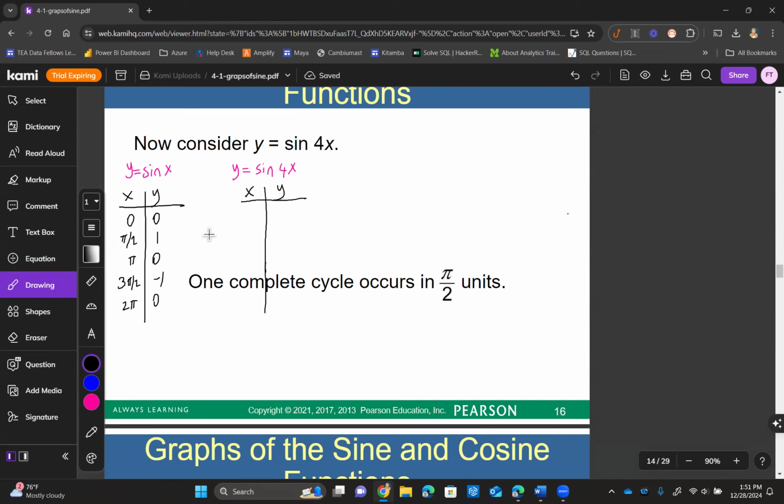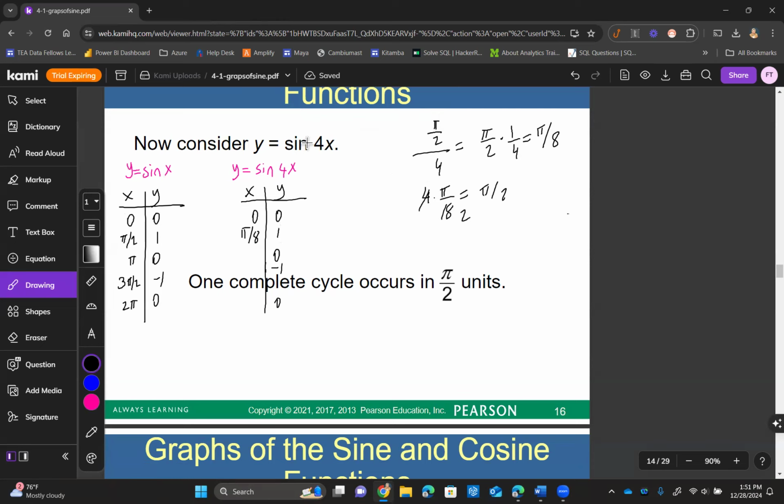This means I still want to get the same y output, 0, 1, 0, -1, 0, but I have to modify my axis to match this criteria. So now, when x is 0, it's still 0, but now I have to divide pi over 2 by 4, and dividing pi over 2 by 4 means multiplying it by 1/4. So that makes pi over 8. Now I have to make my x be pi over 8 to get the same y value, because 4 times pi over 8